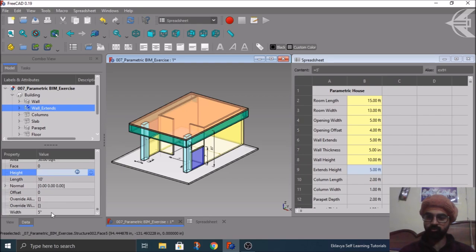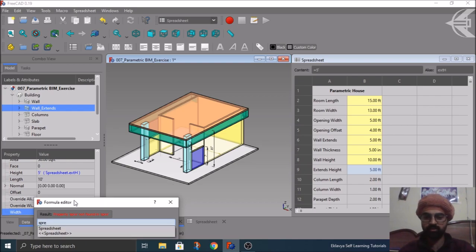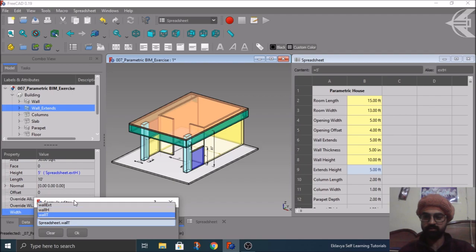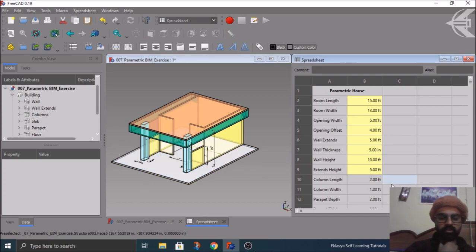The width of this wall we want to keep the same as it is with that one, so we can write here spreadsheet dot wall thickness, which was this one. Click OK. Fine. We are done with the wall thing. Now moving forward, we can say